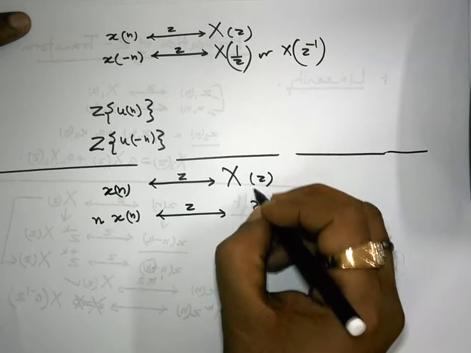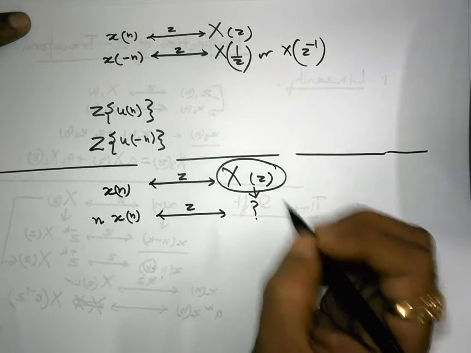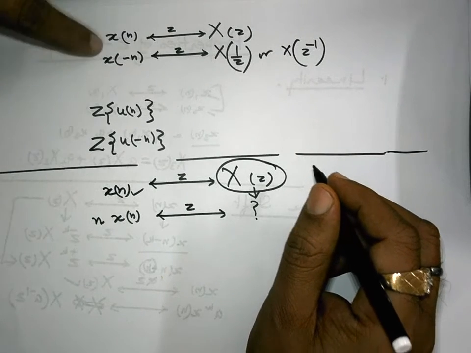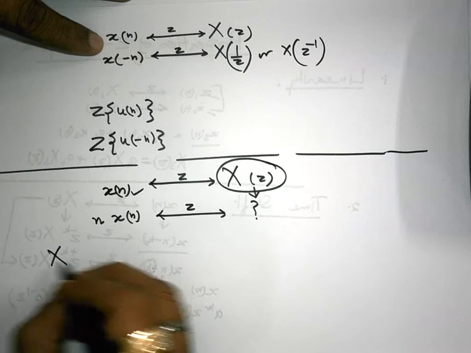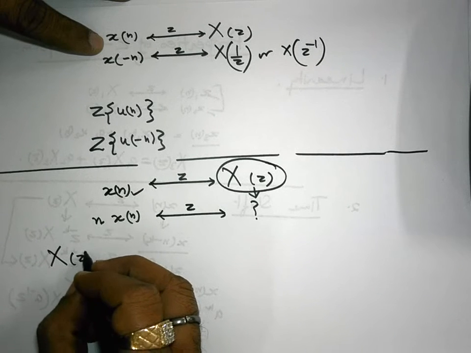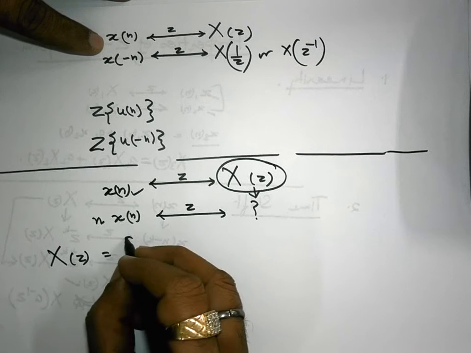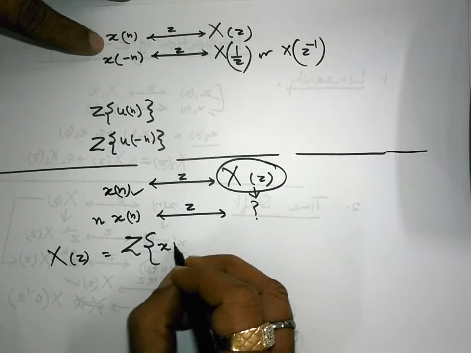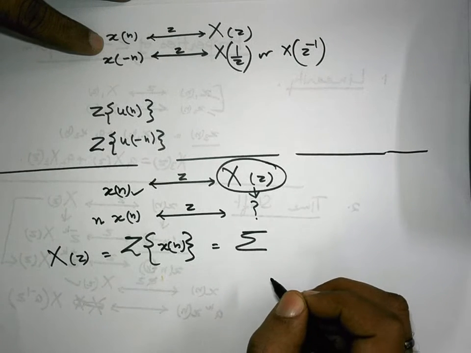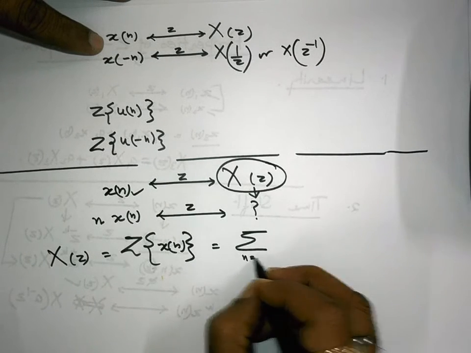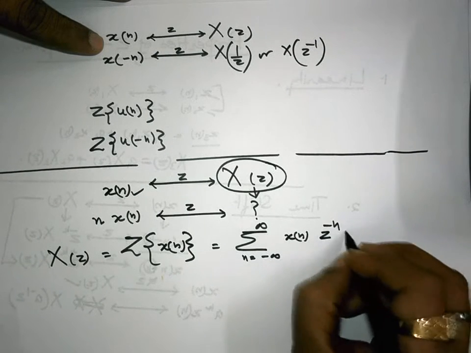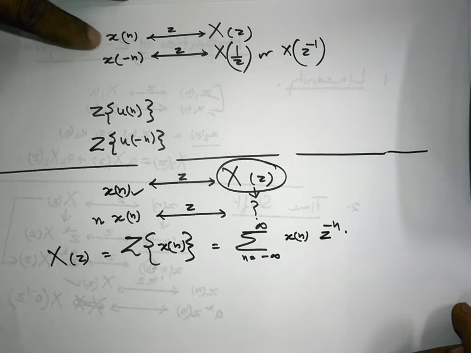Is there any relationship of that Z transform with this earlier Z transform of this signal? We will look into this. So just to derive a relationship for this, we will proceed from the Z transform of a signal x[n]. Z transform of a signal x[n] can be written as X(z), and the defining relationship says that the both sided Z transform happens to be the summation n equals minus infinity to infinity x[n] z to the power minus n. Okay.